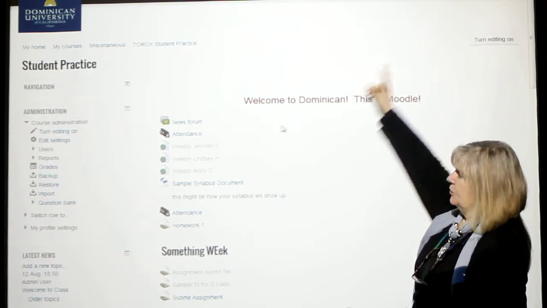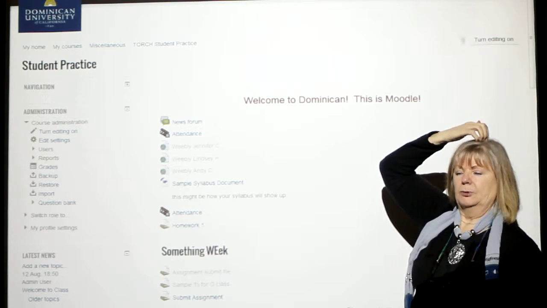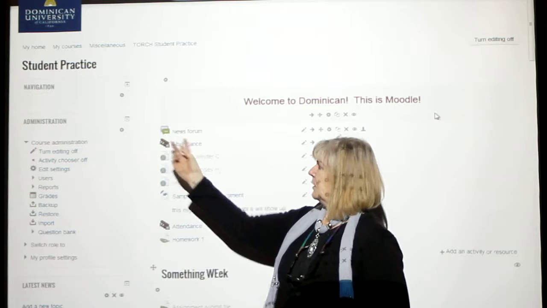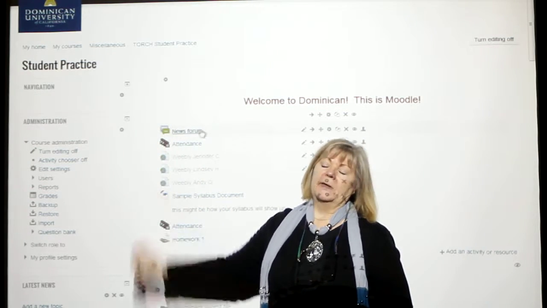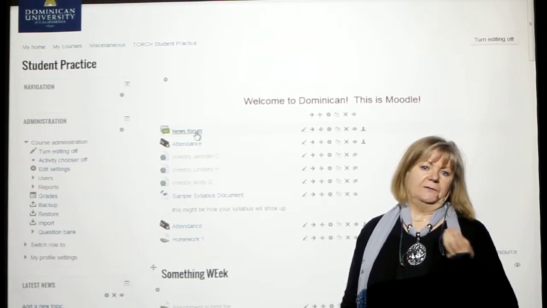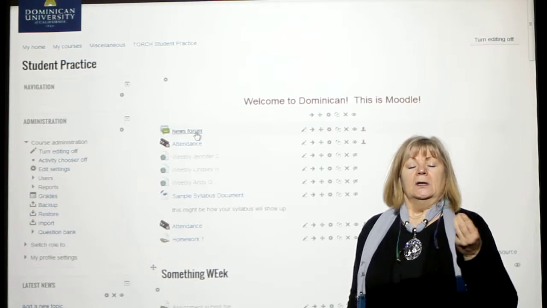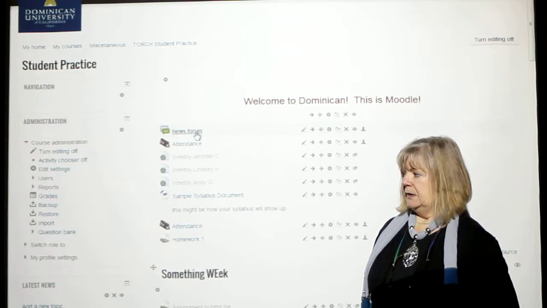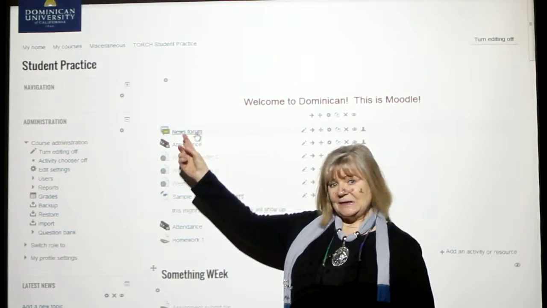The first thing you want to make sure is that you have editing turned on in the upper right corner, so that you can add items. The first one I want to talk about is the news forum. The news forum is strictly for the instructor to email their students. So what you want to do is go in and post. If you go into the news forum,